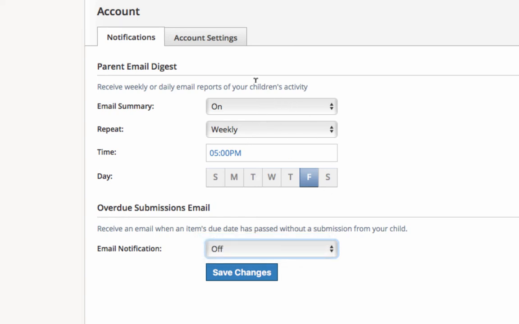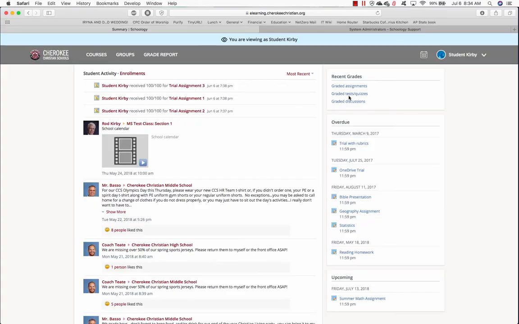But after you decide what you want to get, then click Save Changes here, and you will get those on a weekly basis or daily basis, however you've set that up. Now there's one other set of notifications you might want to get. To do that,